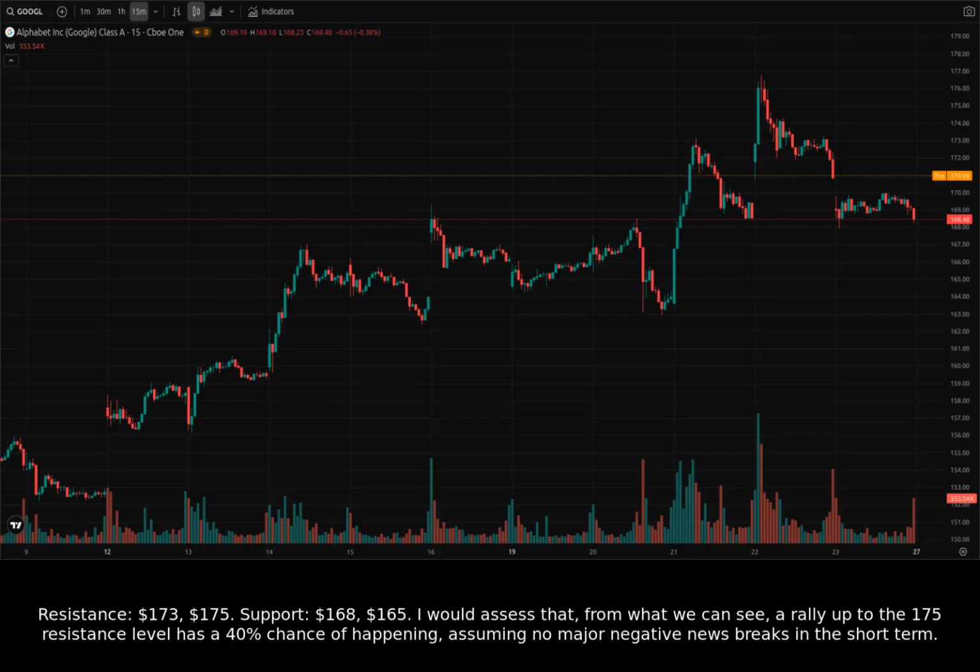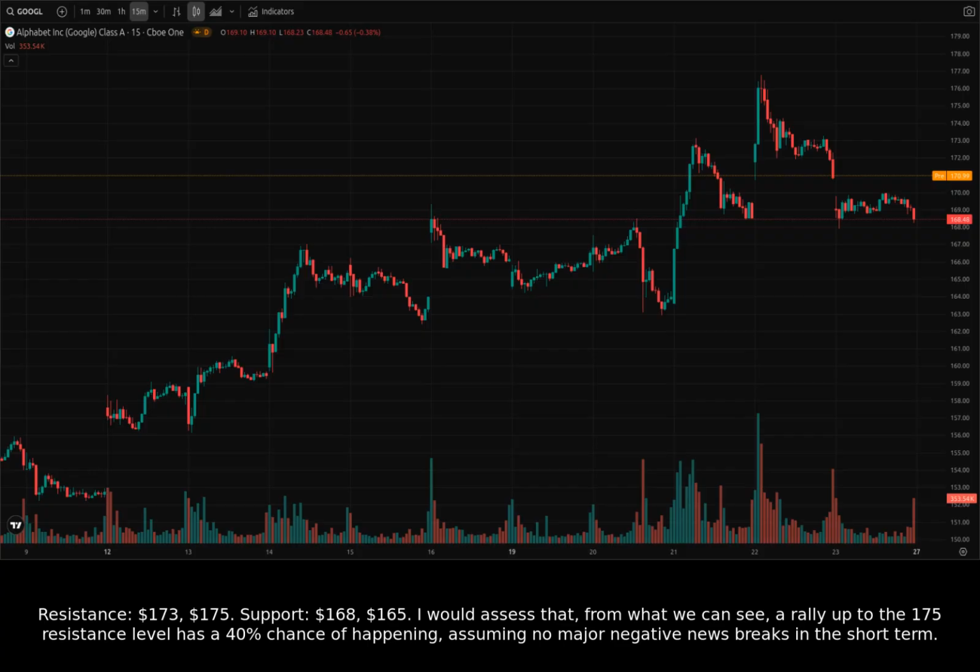Resistance: $173, $175. Support: $168, $165. I would assess that, from what we can see, a rally up to the 175 resistance level has a